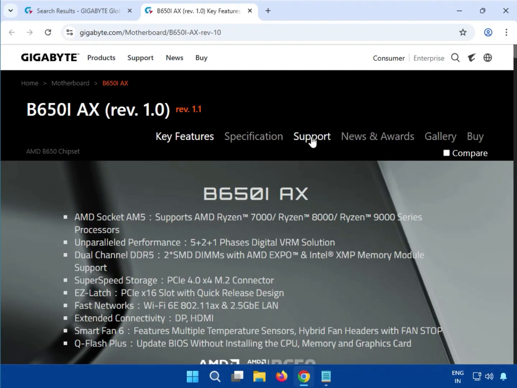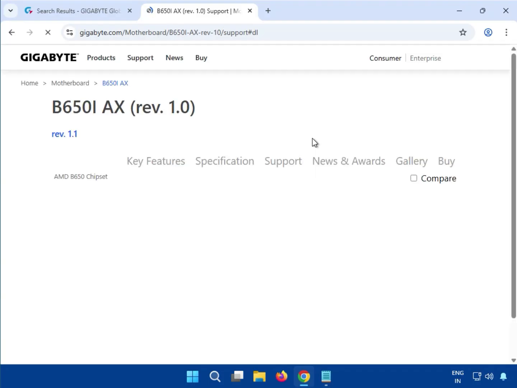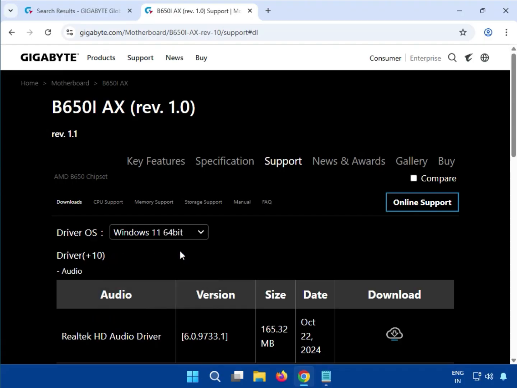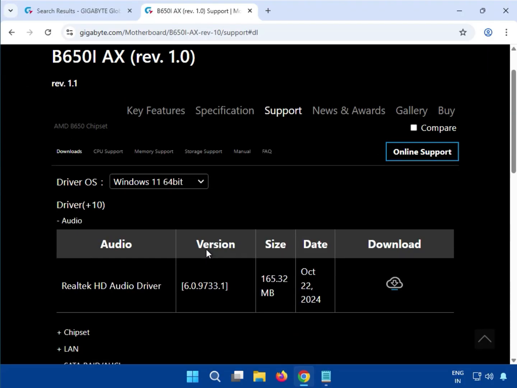Then click to support. Now guys, you select your operating system, Windows 10 or 11. If you are using Windows 10, you can install this, follow this video. Okay,